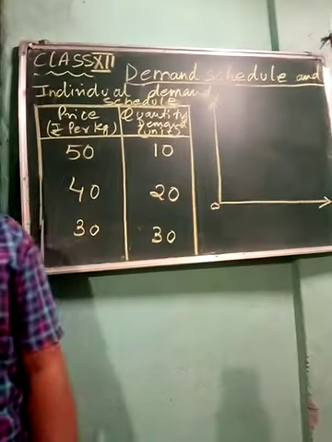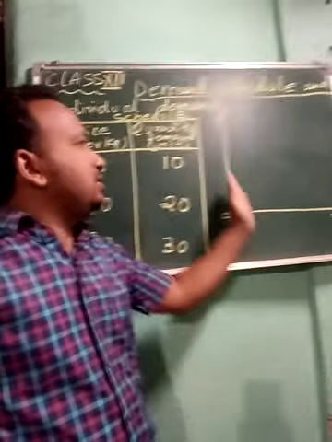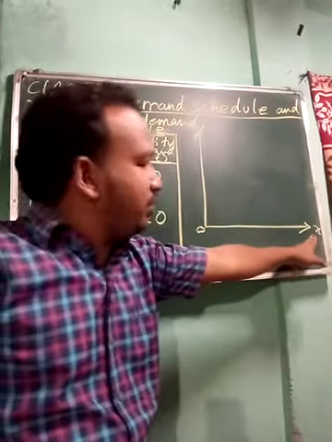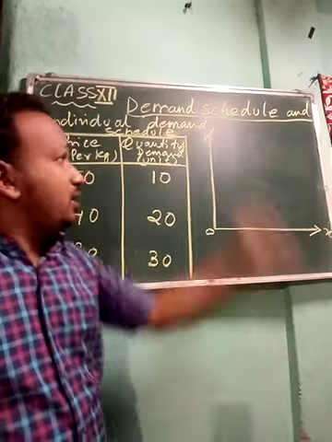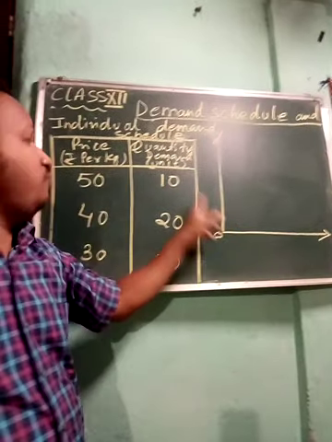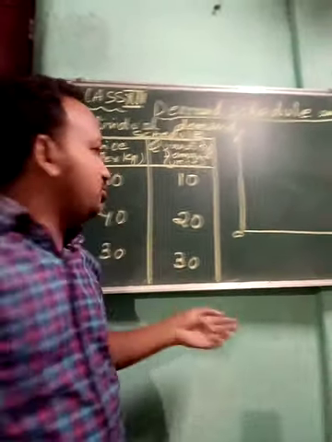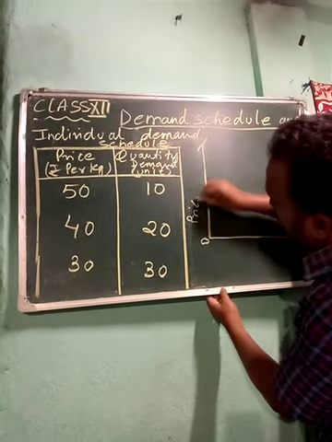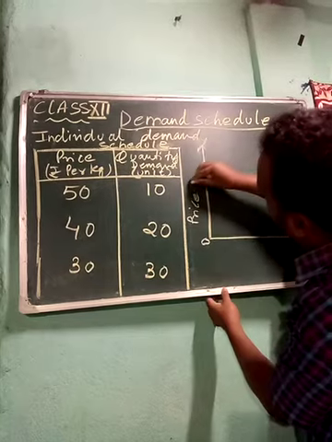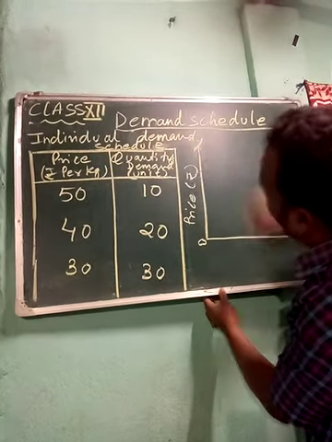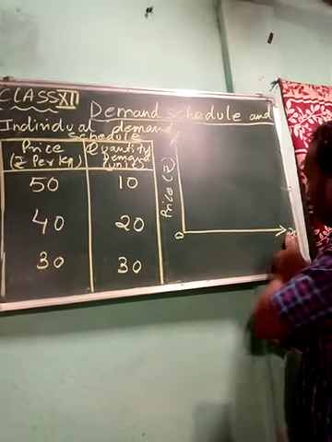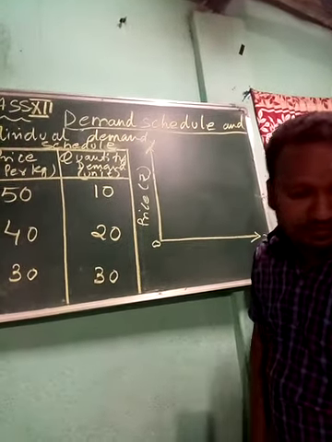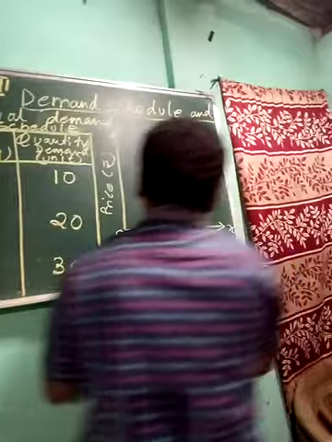Like in mathematics, while doing a graph, you have done this. The first one is called the y-axis and the second one is called the x-axis. Here on the y-axis we have to mention the price. So we have to write here price, that is given in rupees. You write in the bracket as rupees. Now on the x-axis you are going to write the quantity.